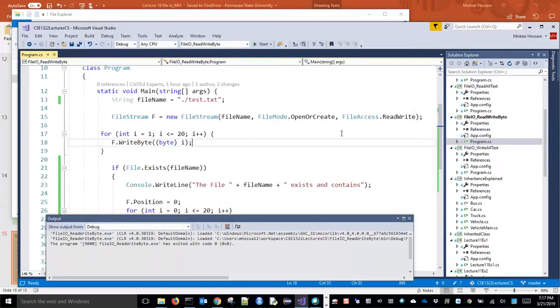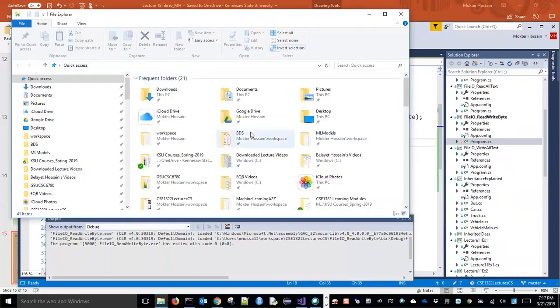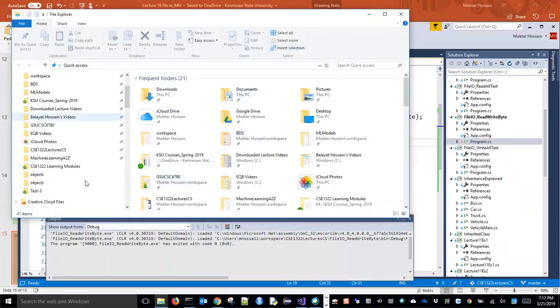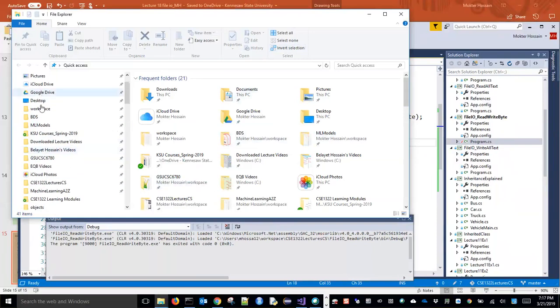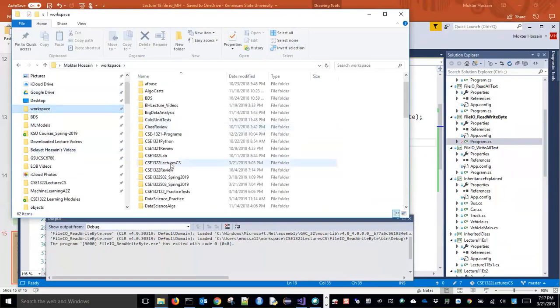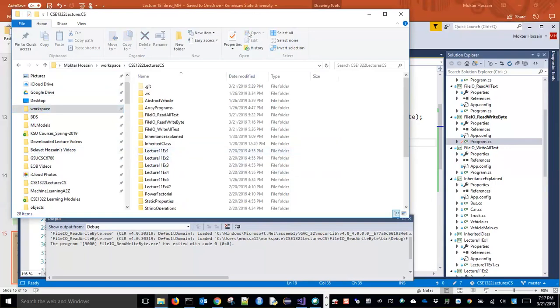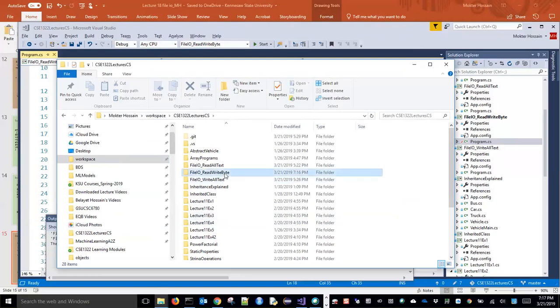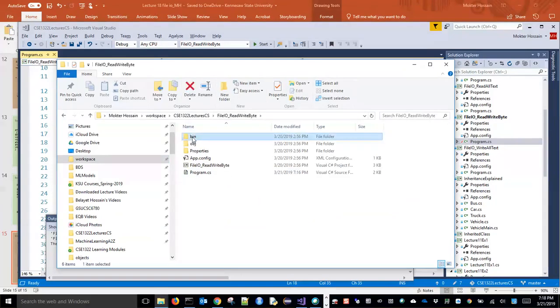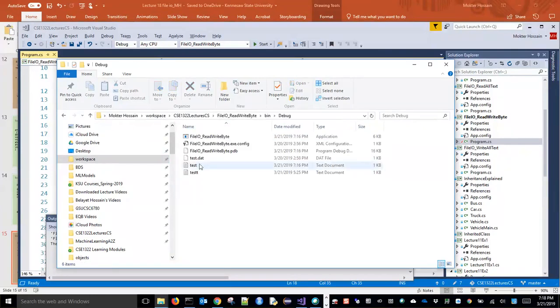I have to go to my workspace, and then this folder. Can anybody remember the name? File IO read write byte folder. This one. Bin folder, debug folder. You see this folder. A few minutes ago, right? Okay, 7:16. This text folder. If I open this folder,